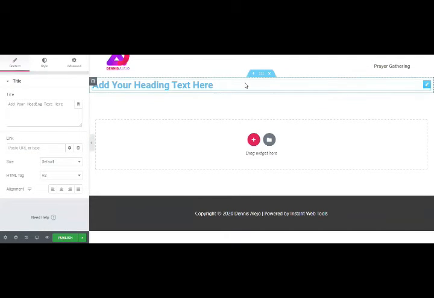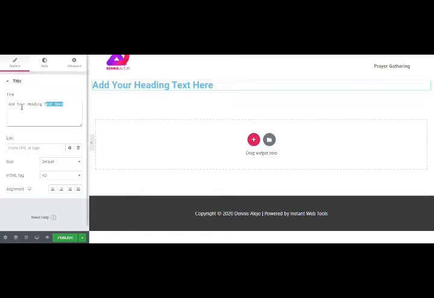So this page builder is also called drag and drop. You don't have to be a designer or a technical person to do this. You just do a drag and drop. So this one is recent call today. And then I would like to put this one in the center. So go to the left, and then here in the alignment side, yes, you have left, center, and right. So this time I would click on the center button,